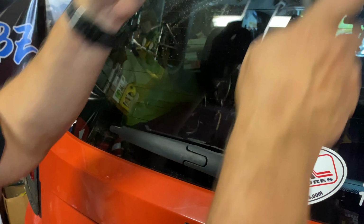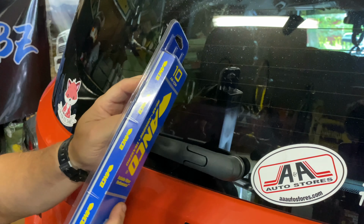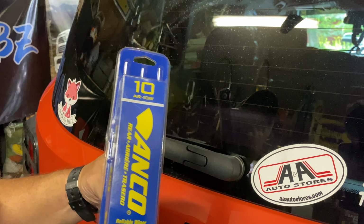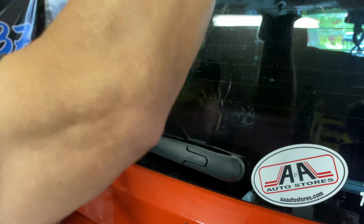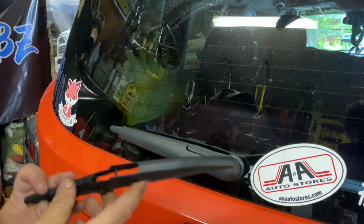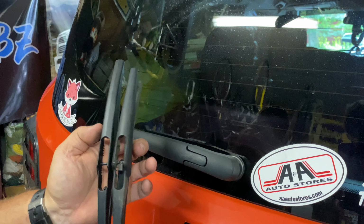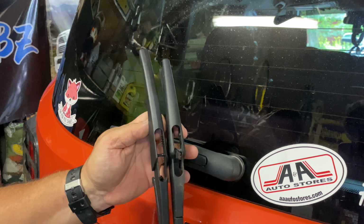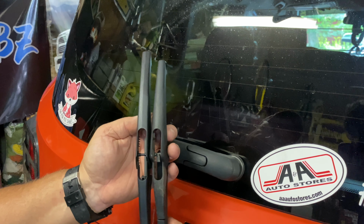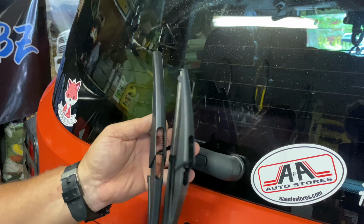So then I'm just going to get the new blade. And here's the replacement blade. And as you can see from the old one, they are identical. So before you do this, just make sure that your blades match up and everything's the same way. And then to replace your blade,